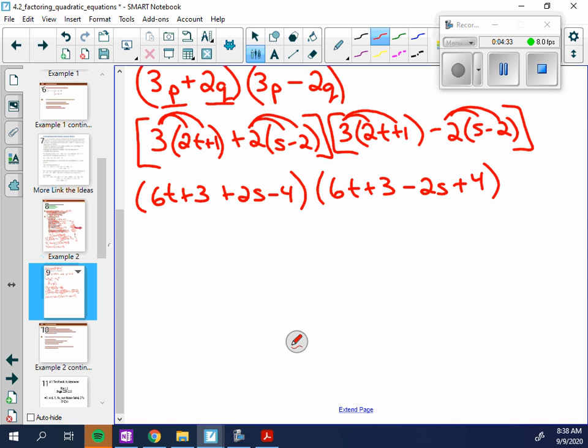If you see any mistakes, raise your hand. Alright, and then combine like terms. So you can combine the integers in each set of brackets. Okay? So this one will be 6t, I'm just going to put my s's next, plus 2s minus 1. This one will be 6t minus 2s